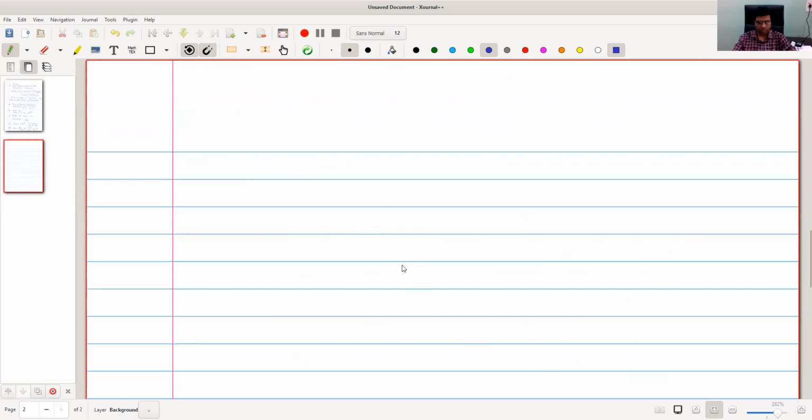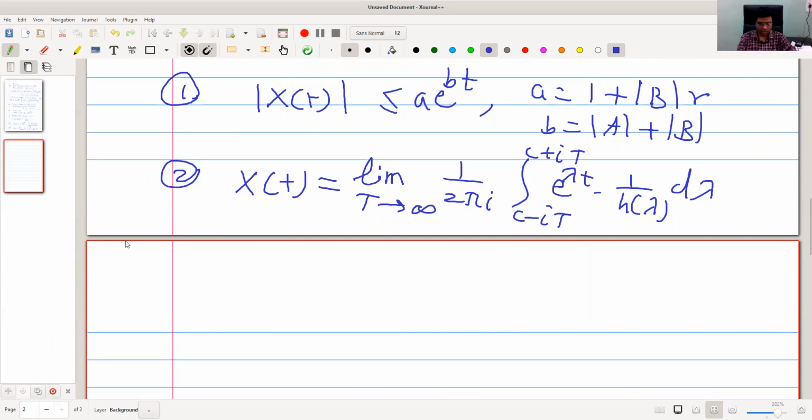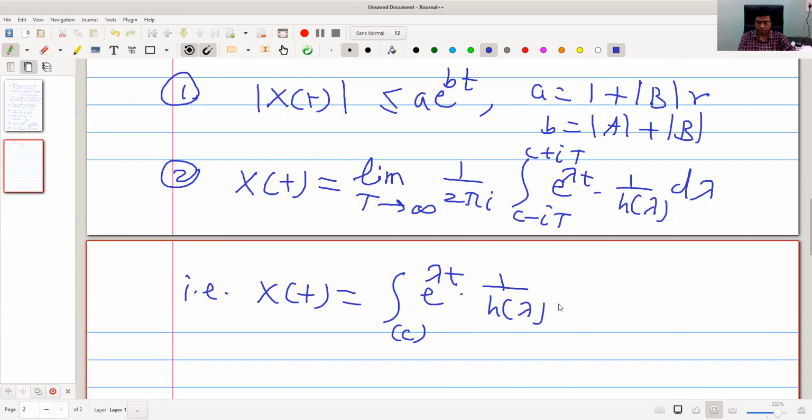We use another notation for this integral. So we have seen that x of t equal to this thing, in short, is denoted like this: integral over c of e raised to lambda t into 1 upon h of lambda d lambda. Okay, and here this c should be greater than b, this one. Okay, so this is true for any c satisfying this condition, c is greater than b. Okay,